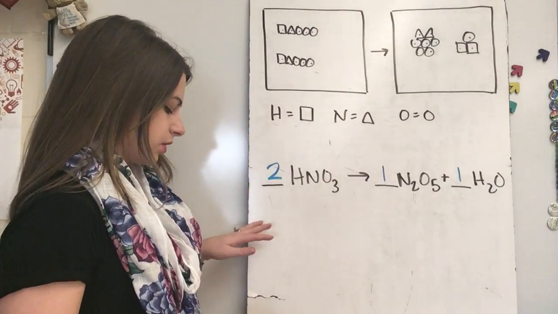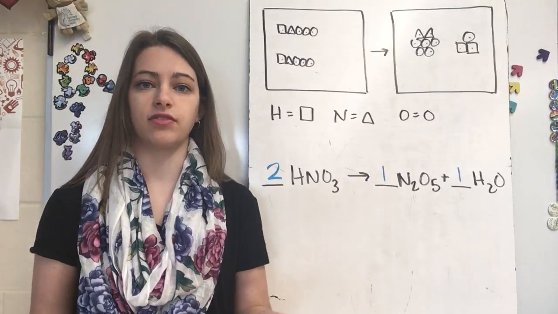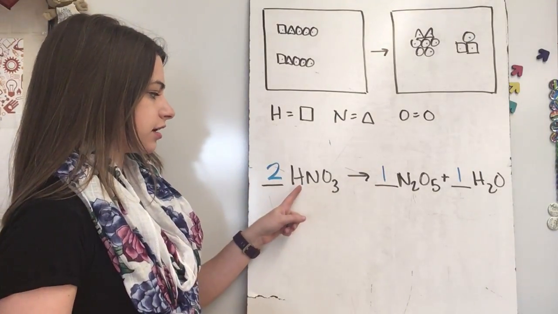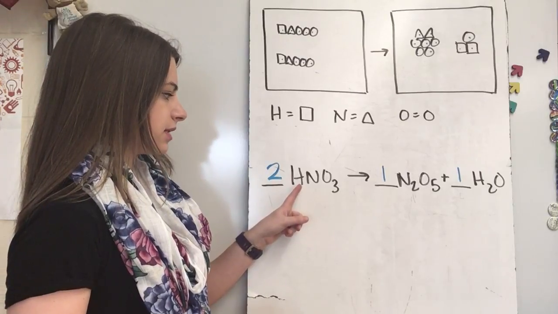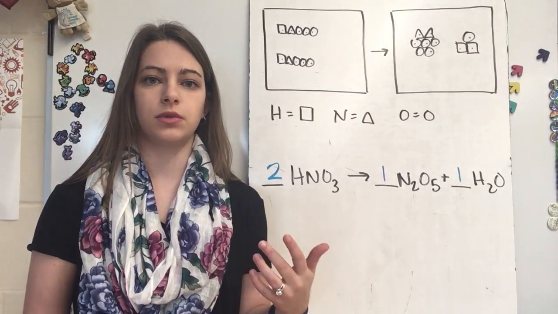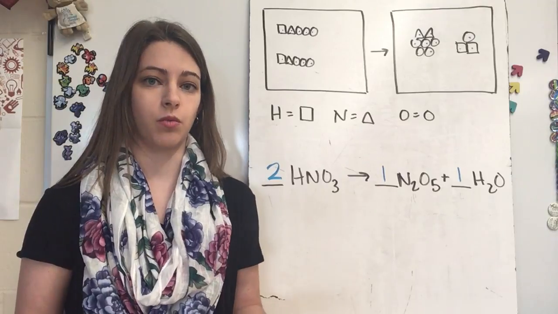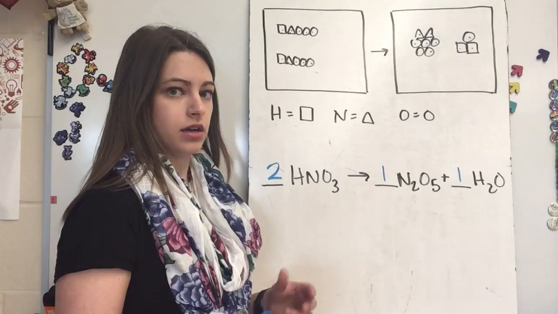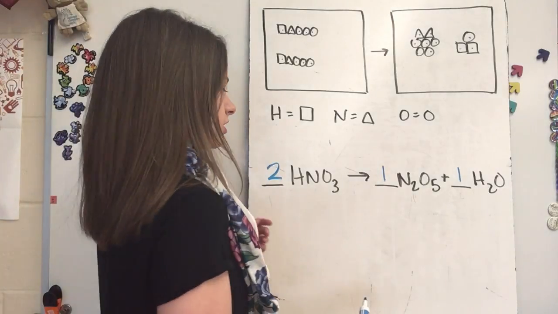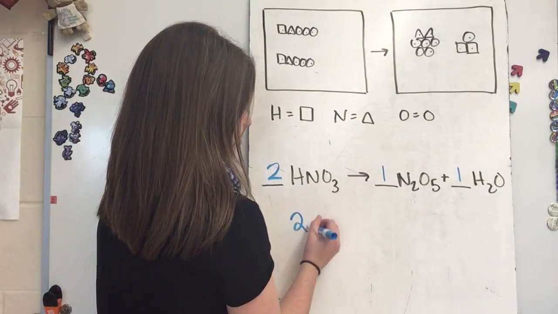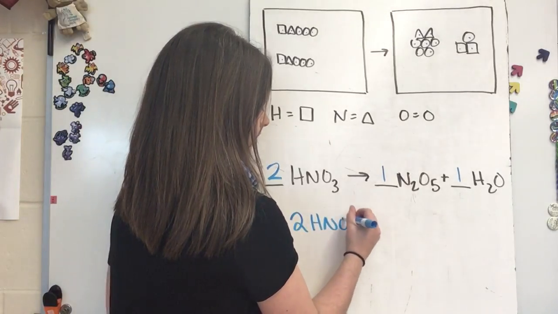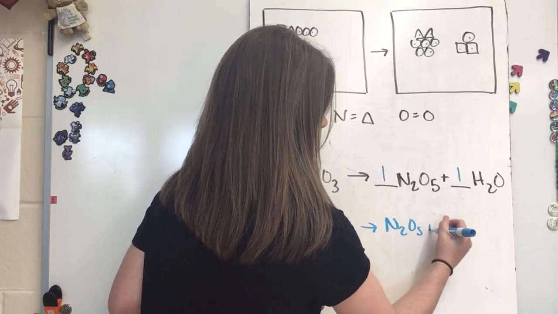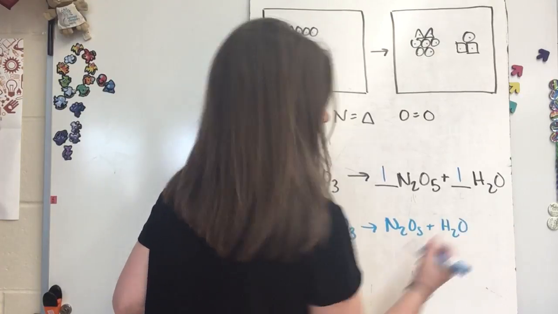Now I want to make a note here. On the previous example, the P4 didn't have a number in front of it. So similarly, when we write chemical formulas, if we just have the element symbol but no subscript, it's assumed that it's a 1, and we don't have to write the 1s there. Same goes with the coefficients. We don't have to write a 1. So if you were to see this reaction equation already balanced, what you'd see is 2HNO3